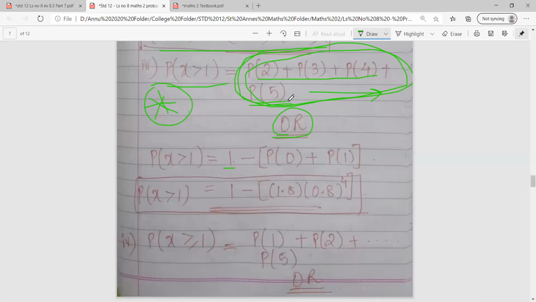0 and 1. So the shortcut is from the universal set, that is total of 1, subtract the numbers which are not available in this particular set. That is P of 0 plus P of 1. So always remember class, this shortcut can be used only for greater than. I repeat it again. This shortcut can only be utilized for sums based on greater or equal to. Greater or greater equal to.